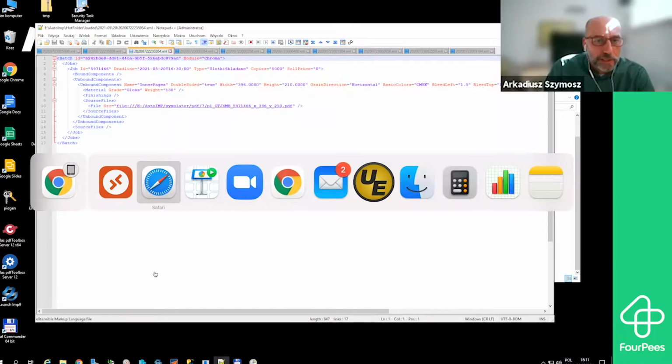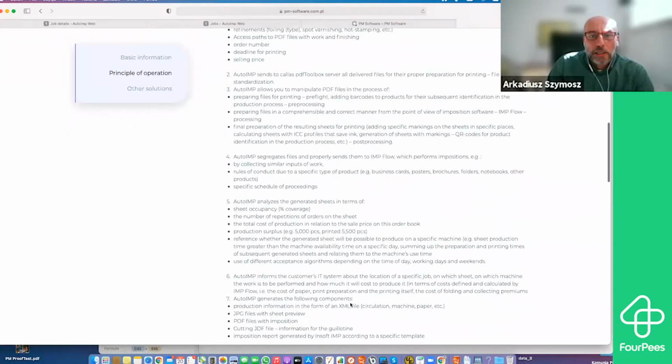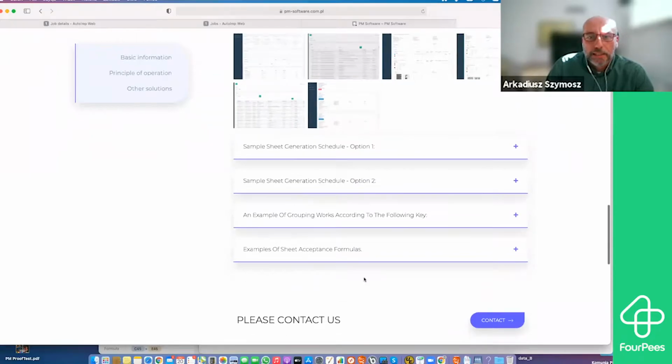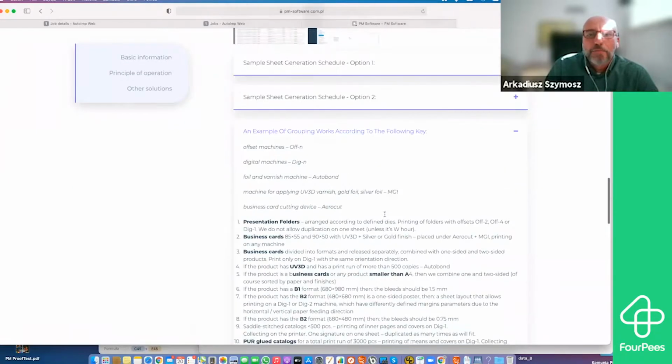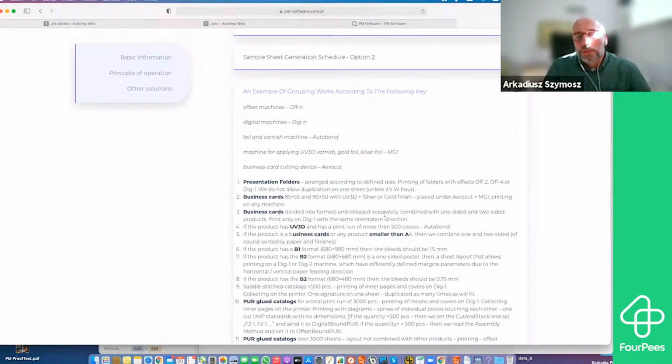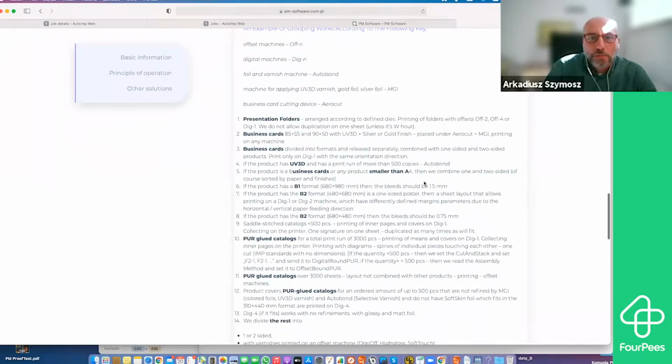How do we group that? Here are some keys for how we should group the jobs upon the type of the product. Presentation folder, business cards, here are pour glued catalogs, and so on. So for example, if it is a presentation folder, then you have to print it on only 2 machines, for which the customer is equipped. And we never use,